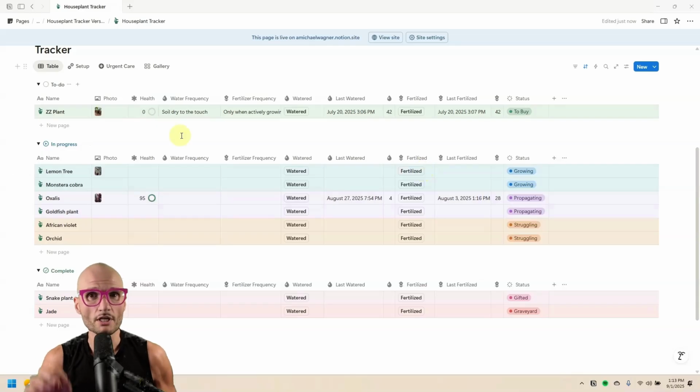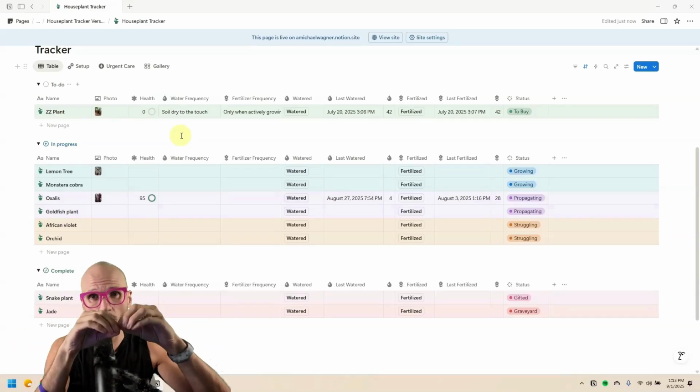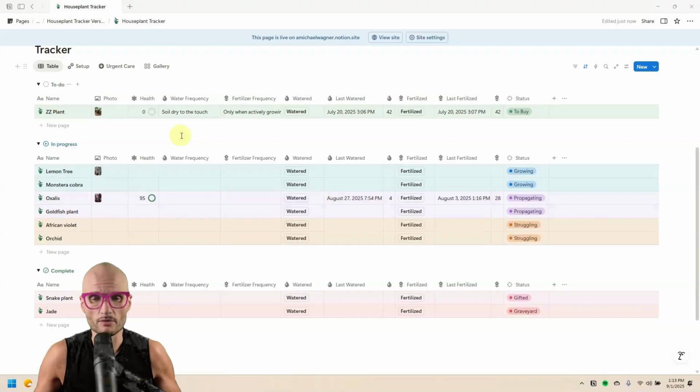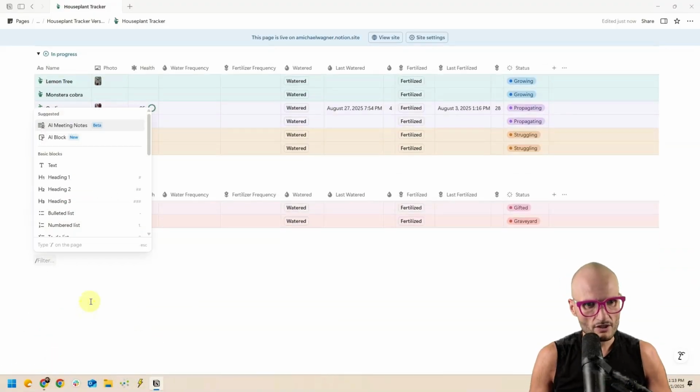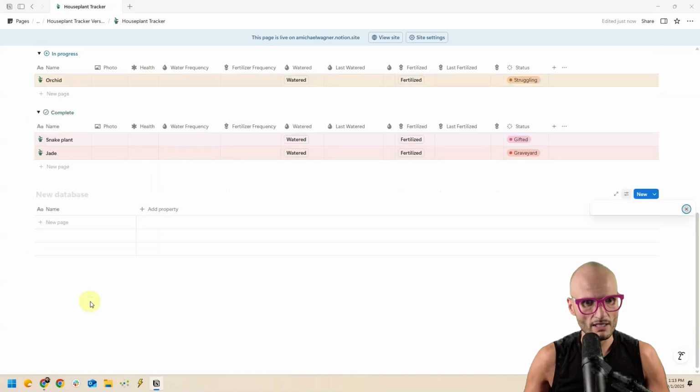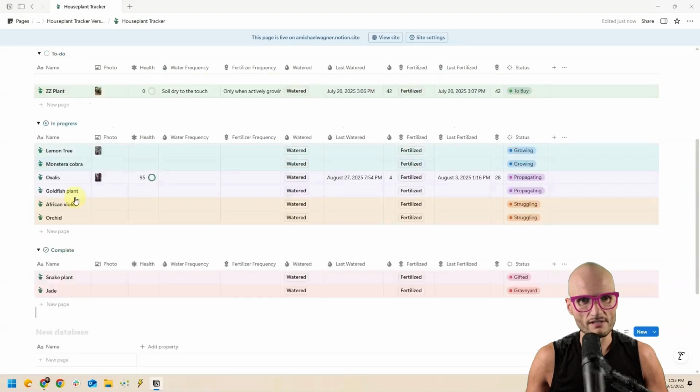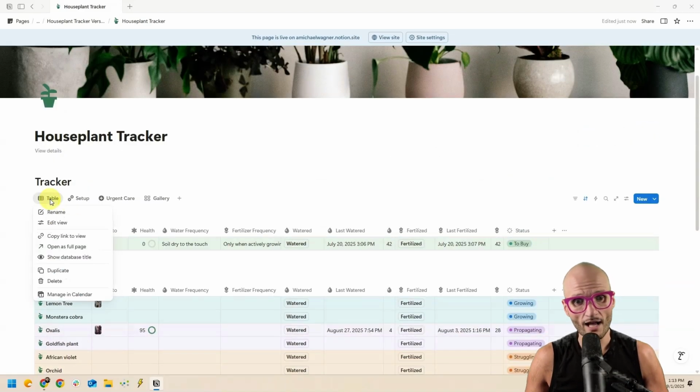in the future. We're going to do this by setting up a related database, and I know that relation term sounds a little scary, but it really isn't. It just means we're going to create a new database, and we're going to link our current one to that, and that's the relation part. So let's do that. I'm going to come down here, I'm going to type /, and we'll enter database, and